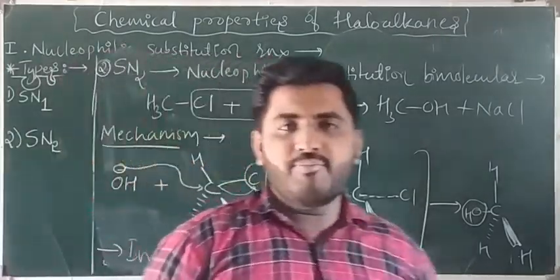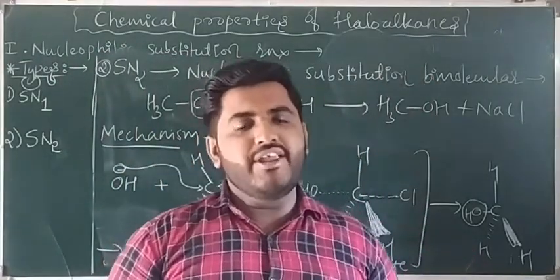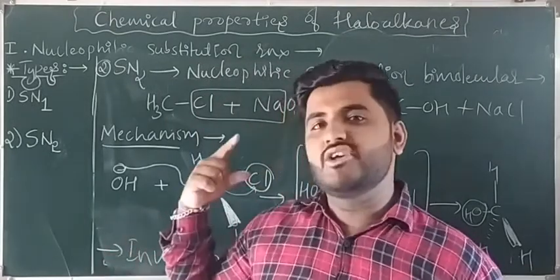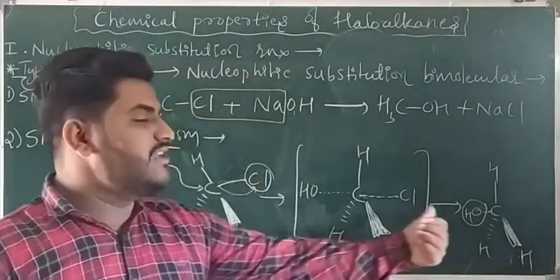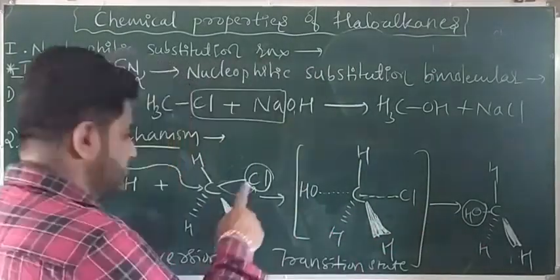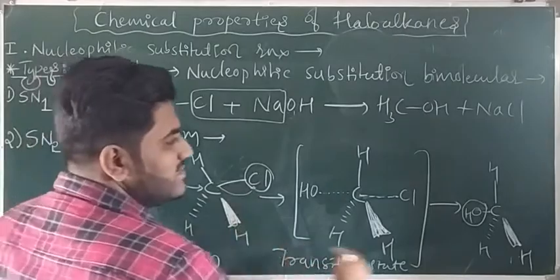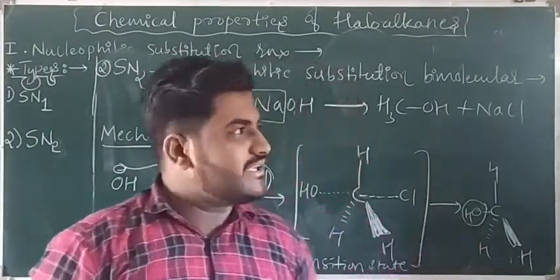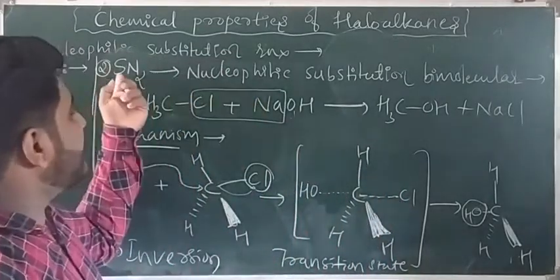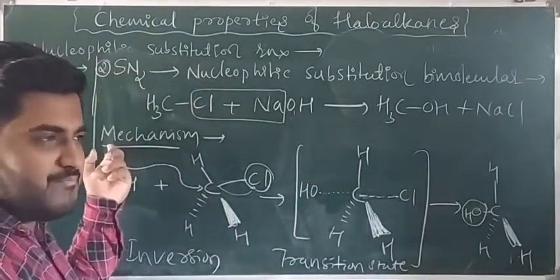But in the case of SN1, there is a retention of configuration, that is, no change in the stereochemistry. Therefore, retention. Here it is inversion because there is a change in the stereochemistry. Cl is on the right side in the reactant, but the OH attached here is on the left side in the product. I hope you understood. So that means the SN2 reaction follows only one step.